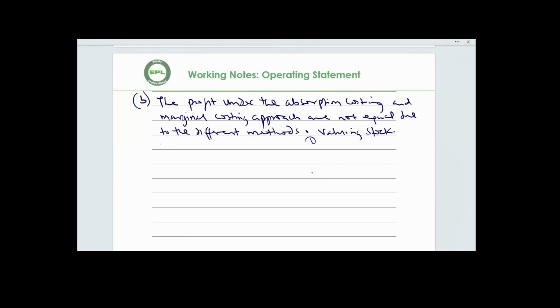We have to finish the second question on this almost 10. So I will just say ACA values stock using total costs per unit,